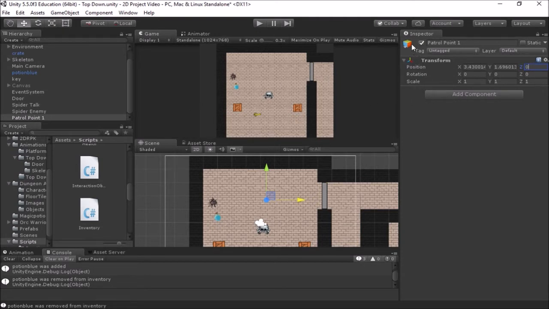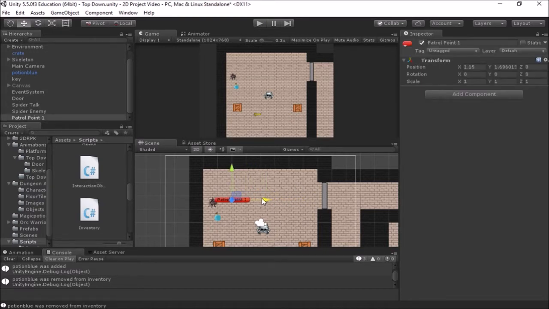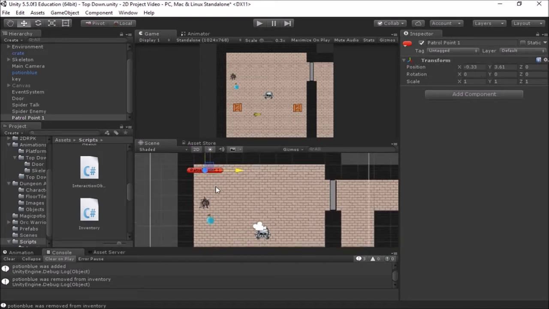And then if you click right here on this little colored cube, you can select an icon. When we're using empty game objects, just so we can see where they are in the scene view, it's always good to put a little icon on here. So let's give maybe a red label here that will display its name. So you can see here now that it says patrol point 1. If we click that, we have access to our game object, and then it's really easy to just drag that over where we want it to be. So the center point here is the point that is going to be listed in our transform, and that's the point that we want our